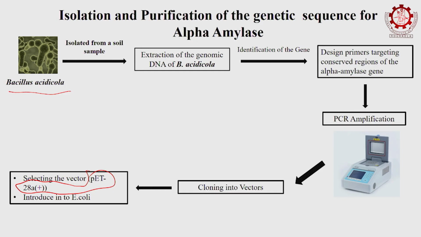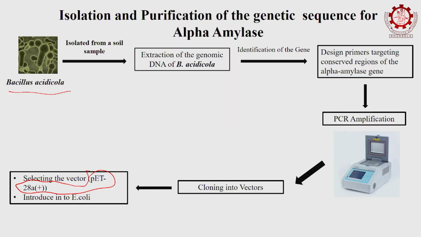Naturally, there are various types of alpha amylase extracted without genetic engineering from various sources, like fungal amylase, barley malt, and Bacillus subtilis and Bacillus cereus species, which also naturally produce alpha amylase without genetic modification, and some other organisms as well. So why are we going for DNA technology specifically, for improving the yield? We are using Bacillus acidicola, an organism which produces heat stable alpha amylase, and our aim is to focus on the brewery industry because we are using a higher temperature.